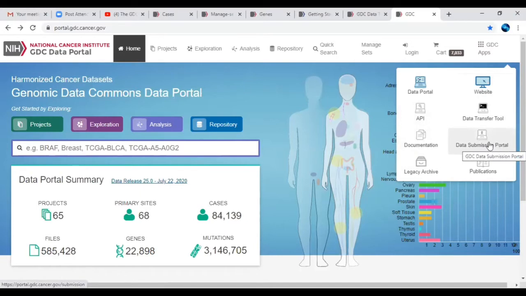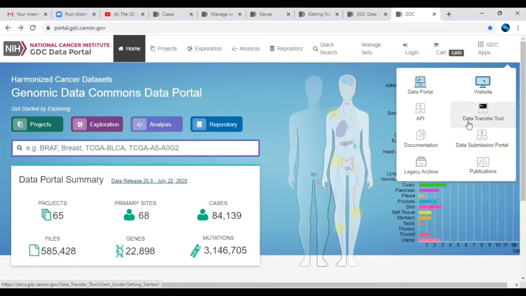Likewise, just as we can download using this data transfer tool, we can also submit our data to this particular GDC site using this data submission portal. So how this portal works and what the documentation is regarding that, based on your interest, you can go to this particular site and see.